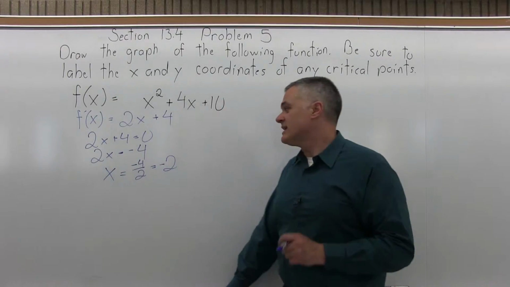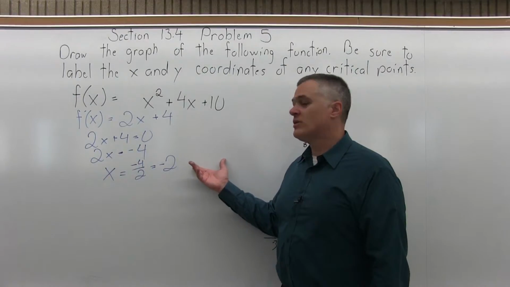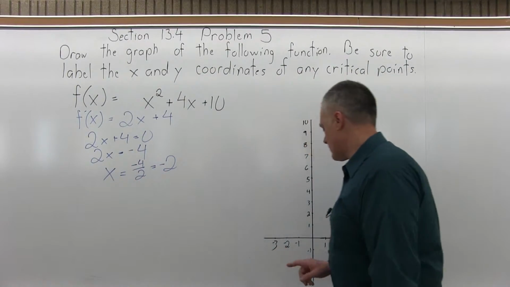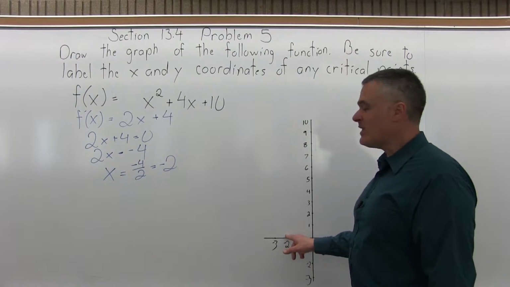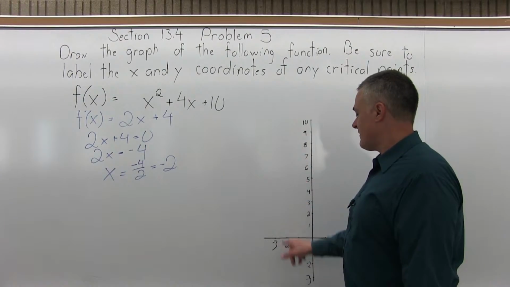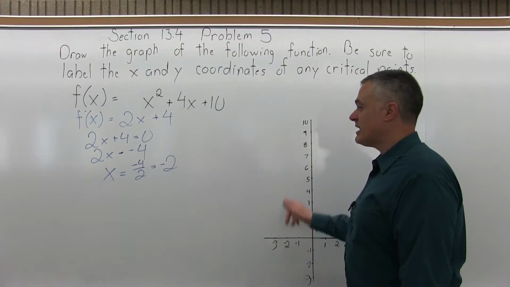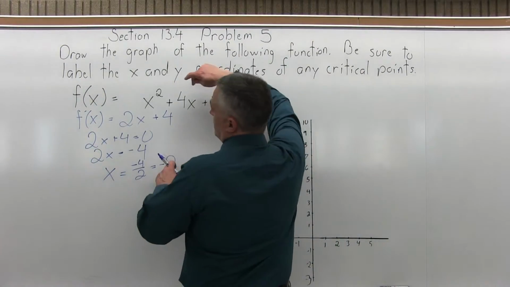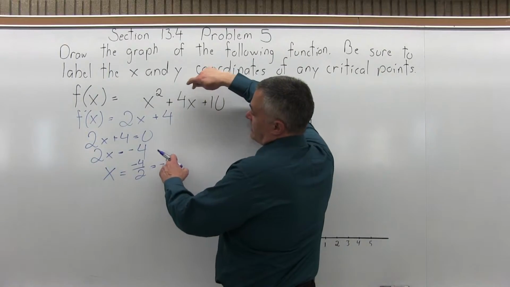So what that's saying is I have a critical point, or a point with a horizontal tangent line, with an x coordinate of negative 2. So if I'm back 2, I'm going to have that critical point, but I need to find the height. Back 2, up or down, how much? So take my x of negative 2 for my answer. The fourth step is put it back into f of x and find the y that goes with this x